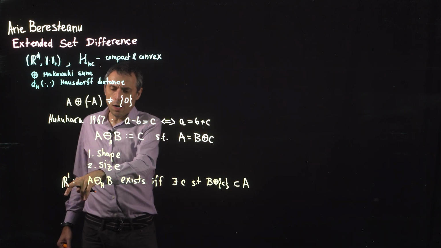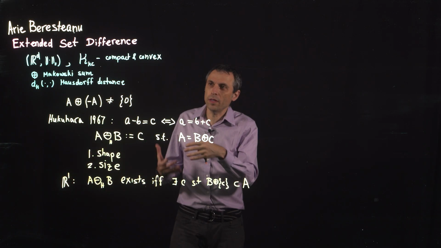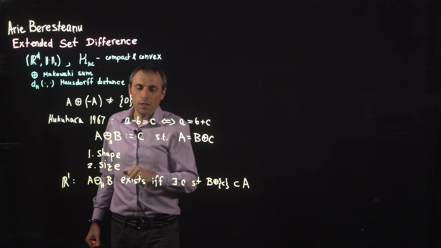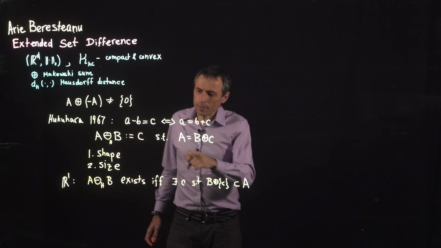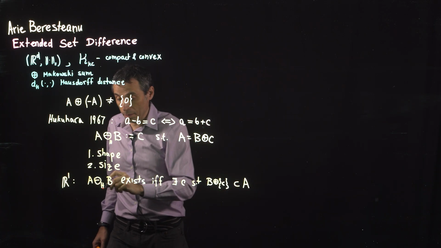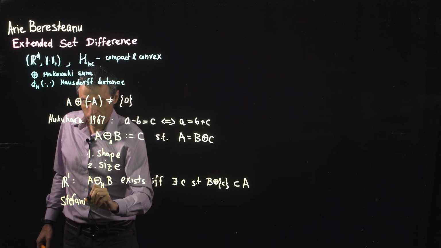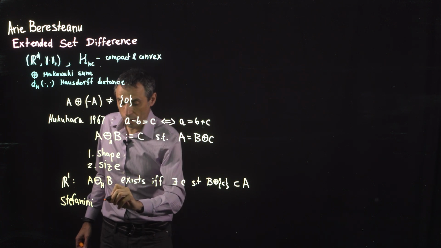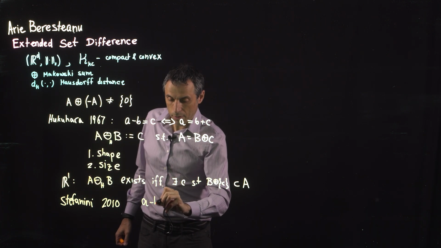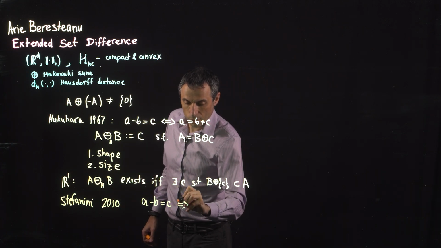Why am I talking about R1? Because in R1, the shape is not a problem. All the compact convex sets are intervals, of the same shape. It's just the size. So it still does not exist even in R1. Then came another suggestion, by Stefanini, in 2010. He says that A minus B as numbers equal to C is indeed equivalent, like Okuhara said, to A equal to B plus C, and also equivalent